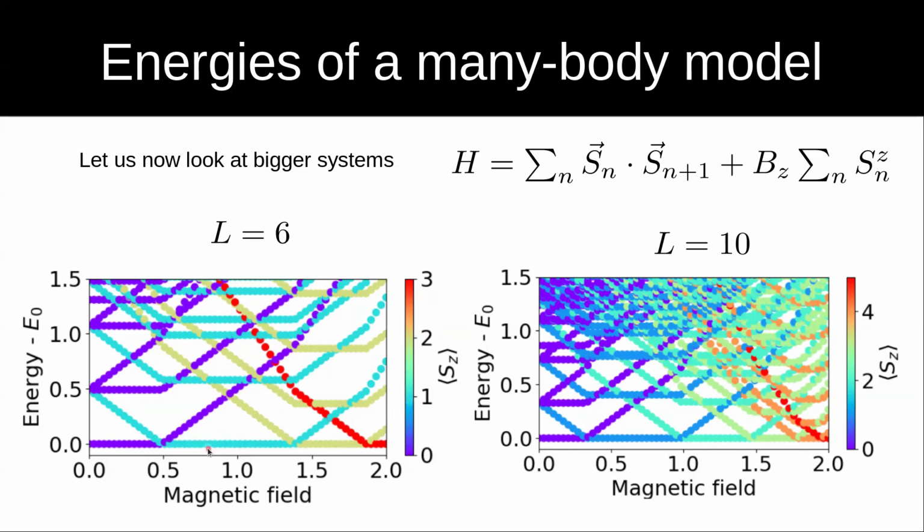As you can see here, if you keep increasing your magnetic field, then another excited state that has an even bigger magnetic moment becomes the ground state over here, and so forth. And if you go to an even bigger system, you see that these transitions between s equal to 0, s equal to 1, s equal to 2, and s equal to 3 happen even sooner in terms of the magnetic field. So what you observe here is that these expectation values allow you to see when there's a change